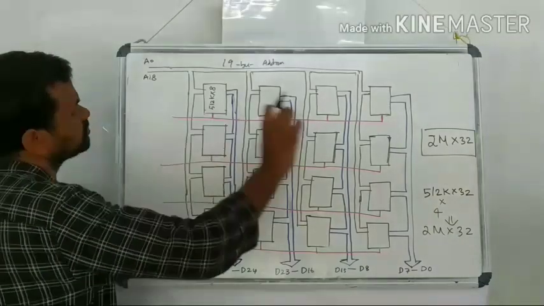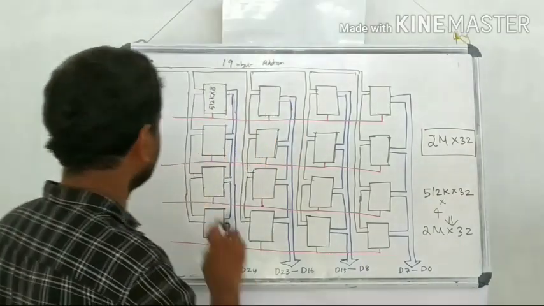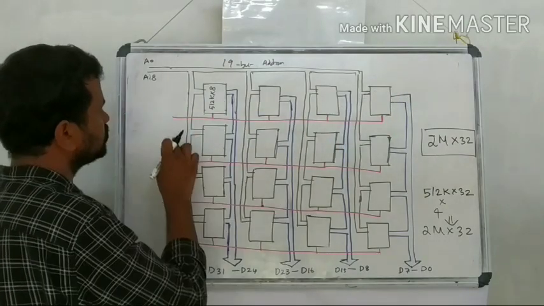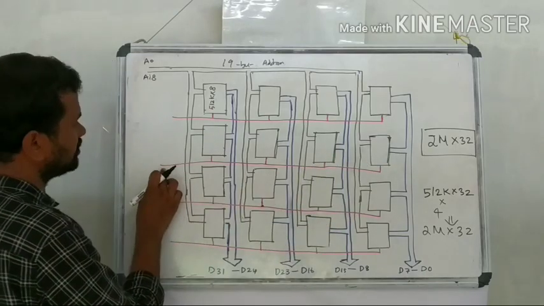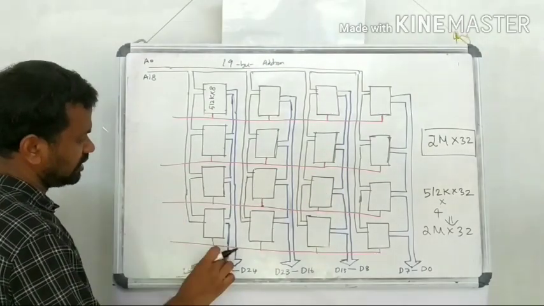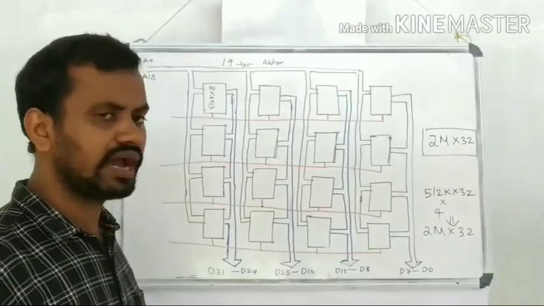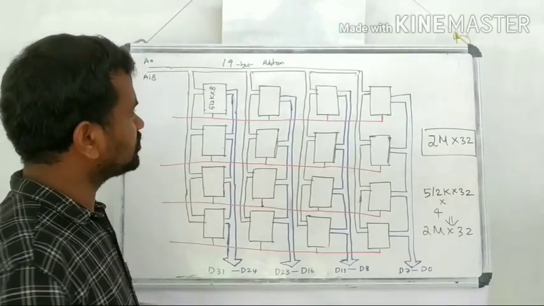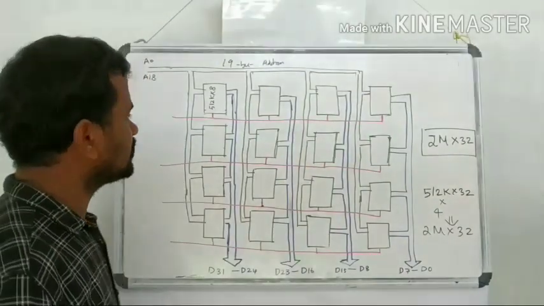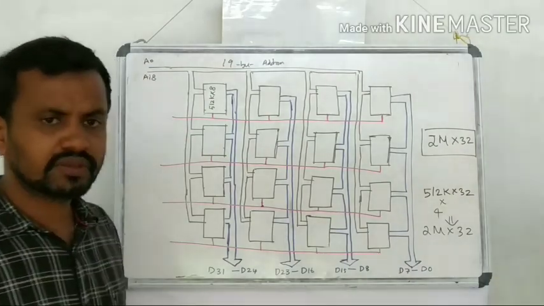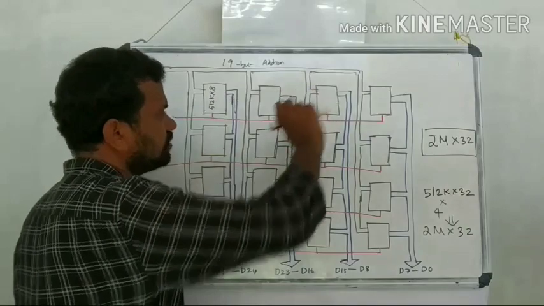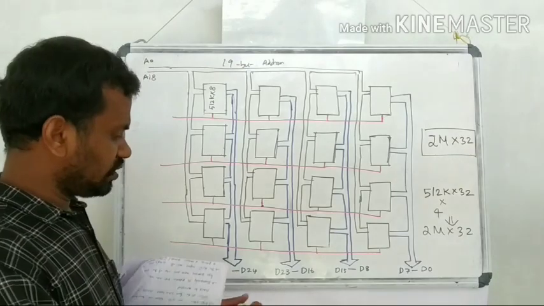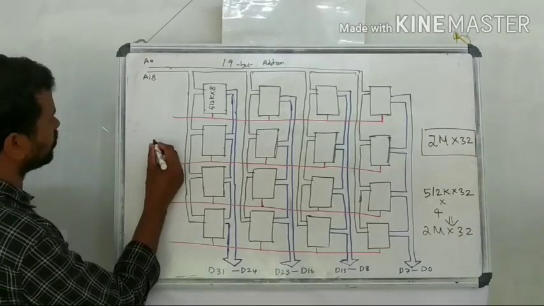another line is the chip select line. For the entire row, this chip select line is connected together to form a single line. For this row we have another line, and for this row too. Corresponding to each row, we will have a chip select line. We have to select only one row, so the chip select lines are used for selecting one row of chips from this array of chips. For that purpose, we will use another decoder.